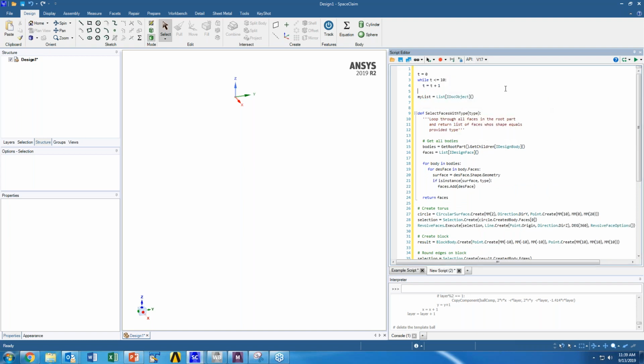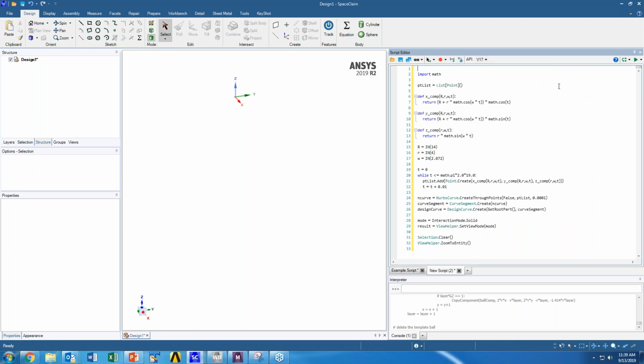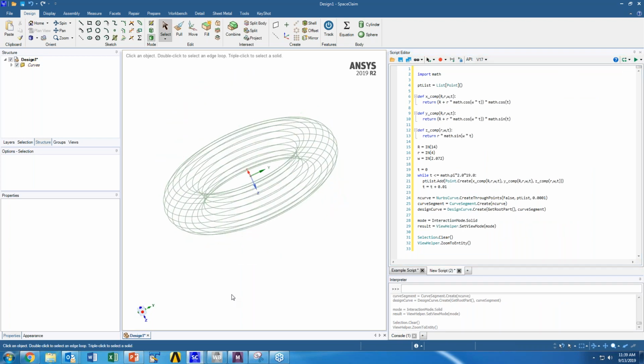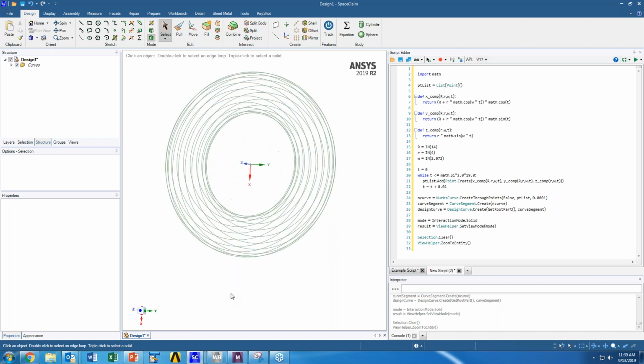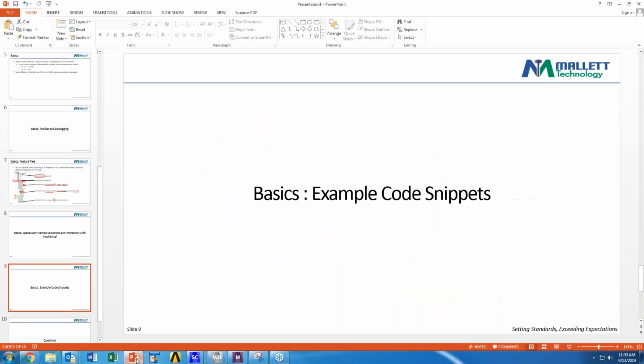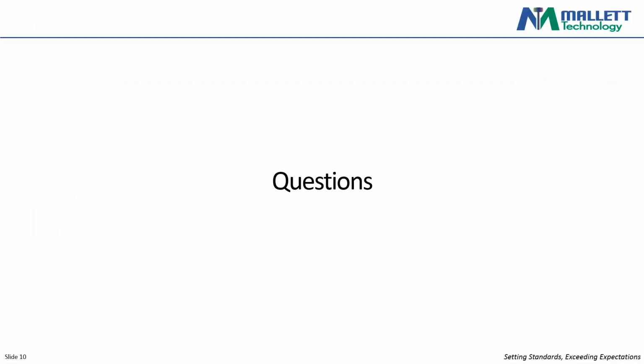All right, so if I wanted to look at how to create a spline, I could, right? I could run through this, and this made a helical spline curve, right? And I can kind of just go on and on through the list until I grasp how this code works. So that's pretty much wrapping up what I wanted to cover for SpaceClaim scripting. I know it was very top level.